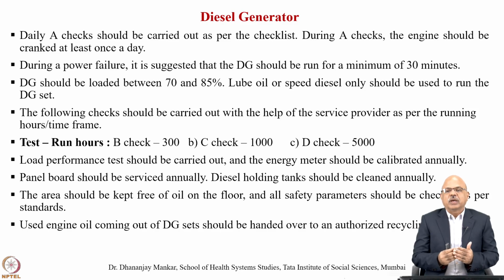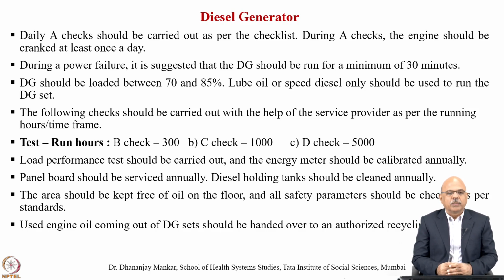During A checks, the engine should be cranked at least once a day. During a power failure, it is suggested that the DG should be run for a minimum of 30 minutes. The diesel generator should be loaded between 70 and 80%. Lube oil or HSD diesel only should be used to run the DG set. So all these are to be emphasized to see that the checks with respect to DG are carried out from